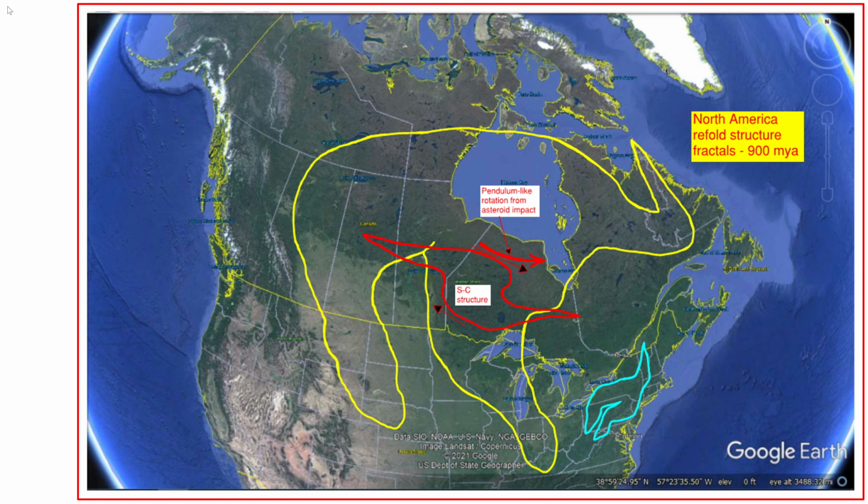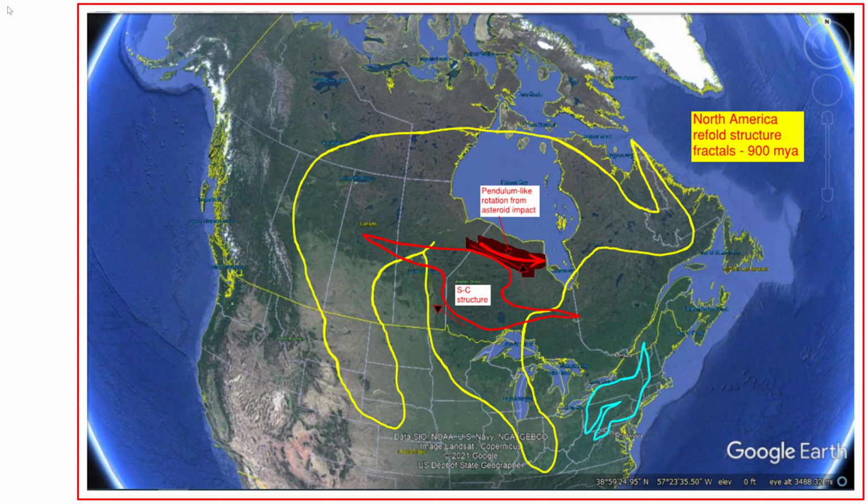All right, what we got here is a gigantic fractal in yellow, a refold fractal. This is in North America, Canada, the United States also. And there's a littler one to the southeast in blue. You also see in red there's a ductile structure called an SC structure. It shows a clockwise shear sense. And I can tell you right now that the dominating direction of movement is along this arrow here, and that's related to the pendulum-like motion, which is shown by that arrow